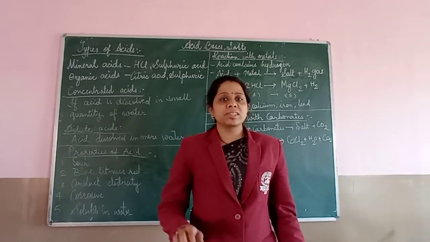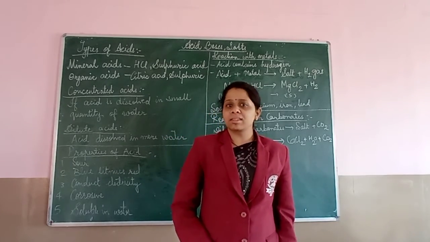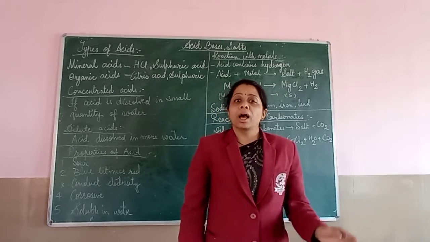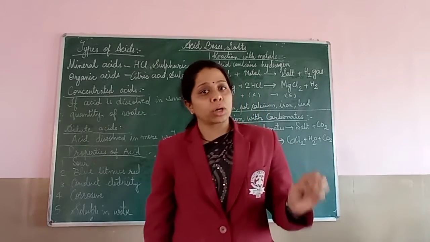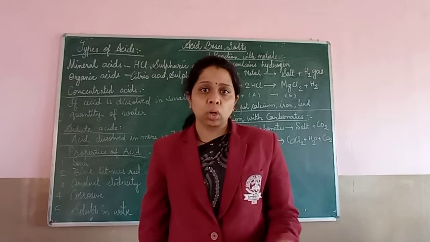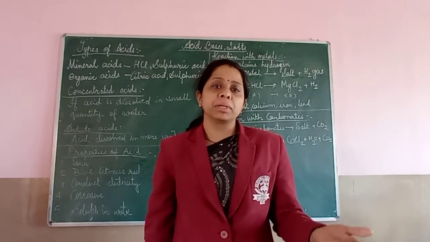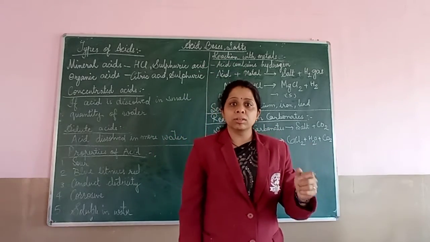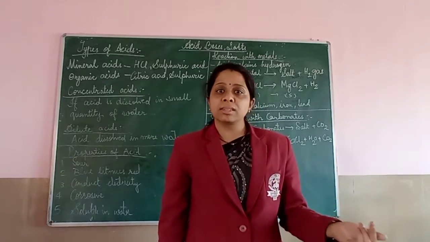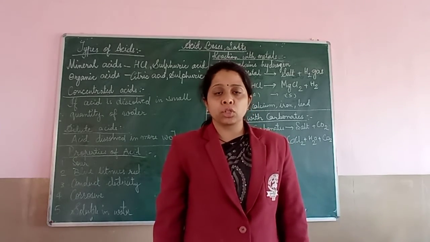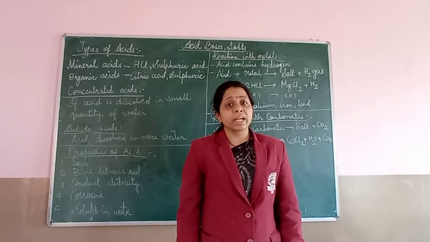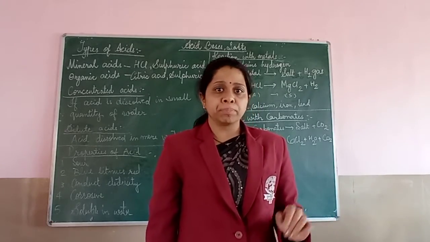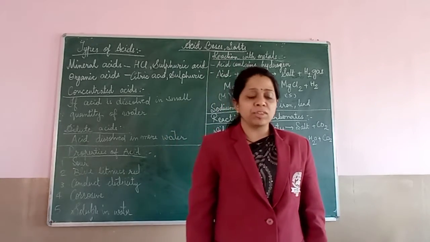Last time we have already started with our 7th lesson, that is acids, bases and salts. And even with that I have told you what are acids, what are bases and what are salts, and how we can know whether the given thing is an acid or a base. That also we will get to know by using an indicator which is called litmus paper. Today we will move ahead of what we have learned.